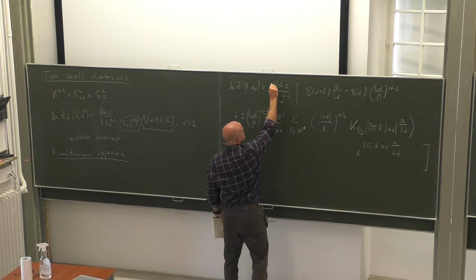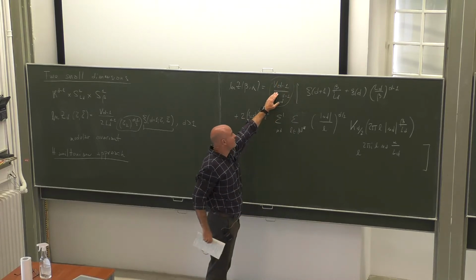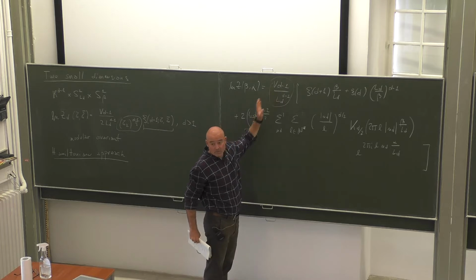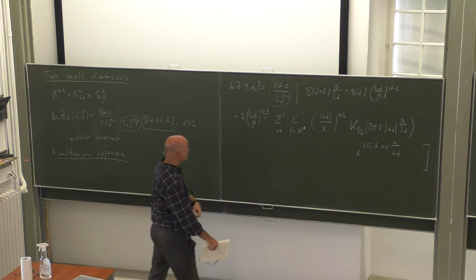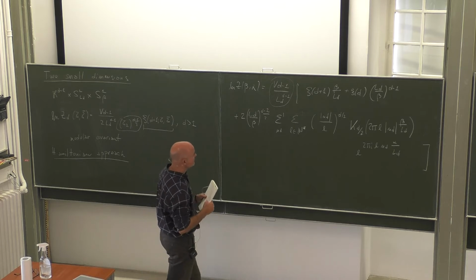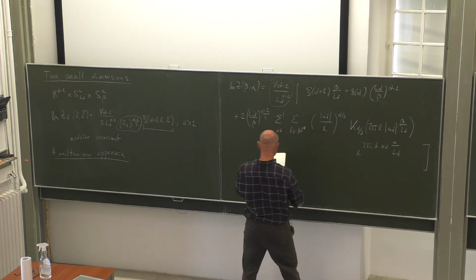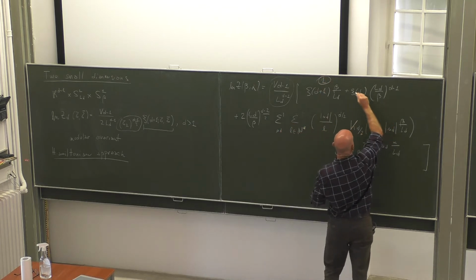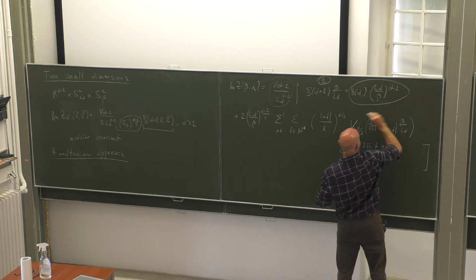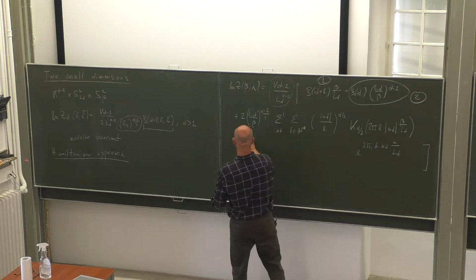So this factor I already explained. You get it from this integral over the continuous dimensions, the ones that you make large, exactly like we had in this zeta function approach. Then this thing is just a rewriting. So let me discuss the terms. This I call term 1. This is the second term. And all of that stuff here is the third term.